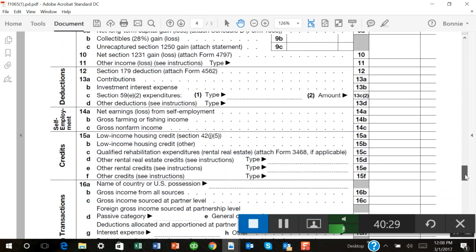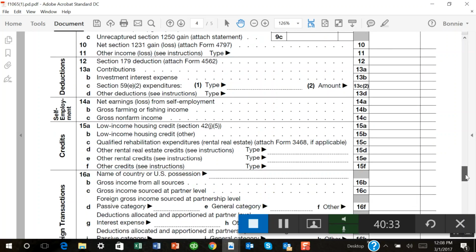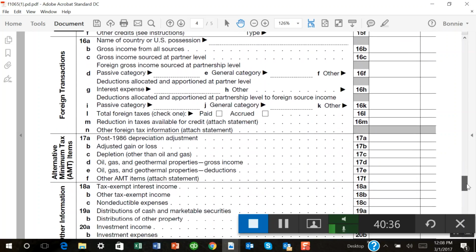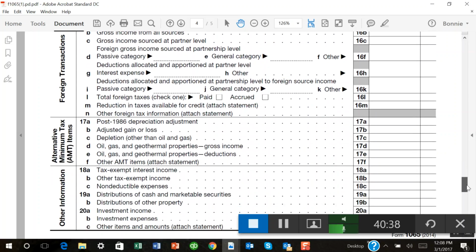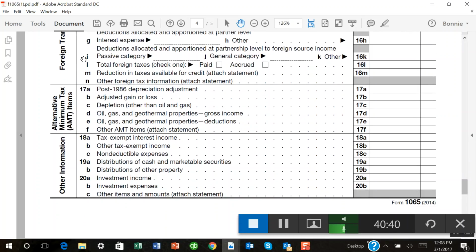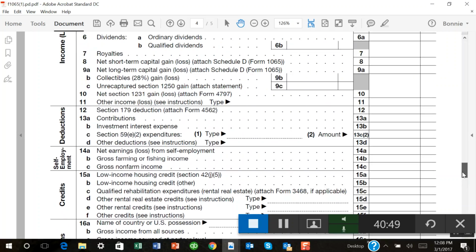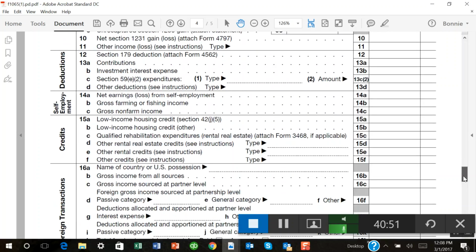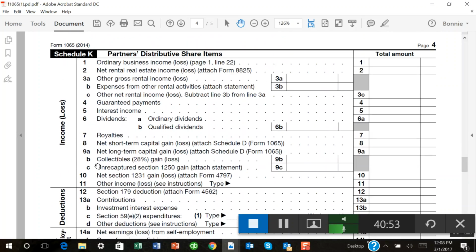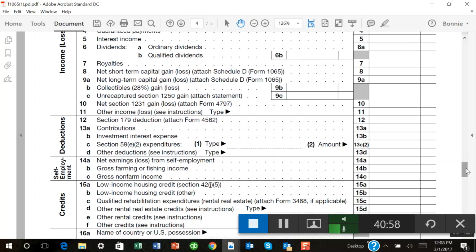These items down here on lines 14, 15, 16, they are items that we will be passing through separately to the partner, but all of those items, lines 17, 16, 15 and 14, those items are somehow included in lines 1 through 11 and 12 and 13. The exception is,